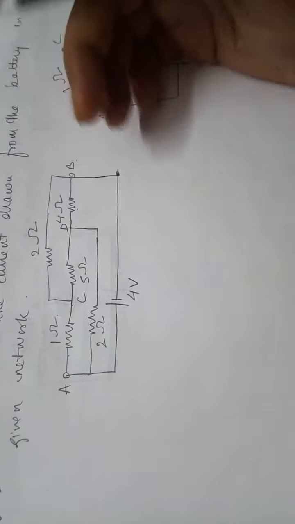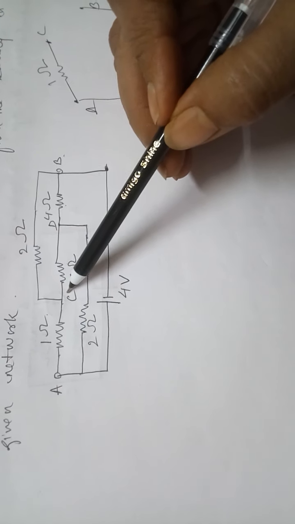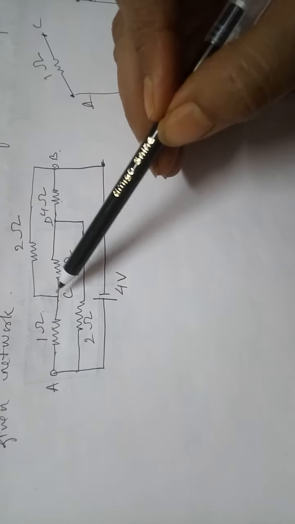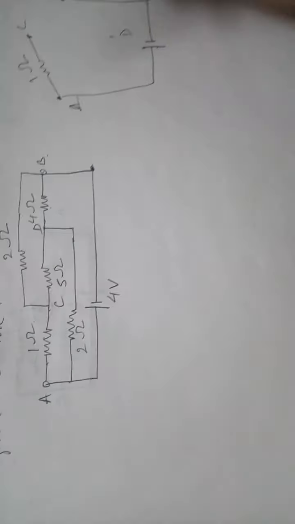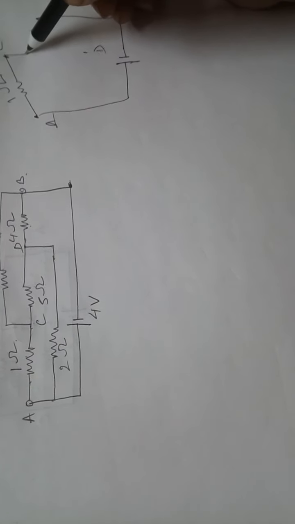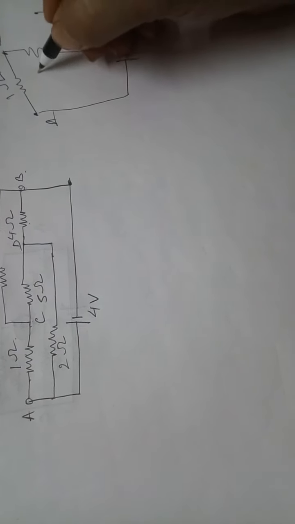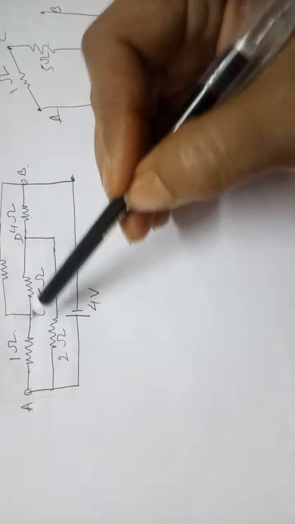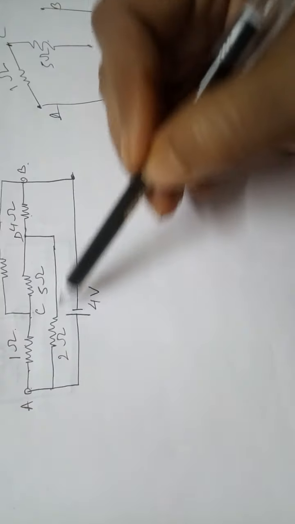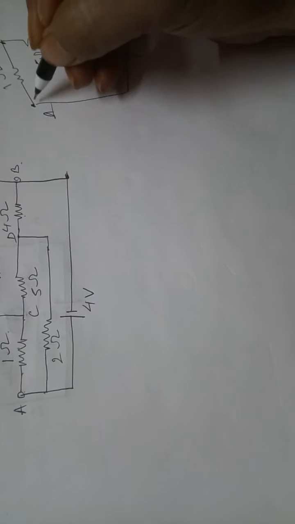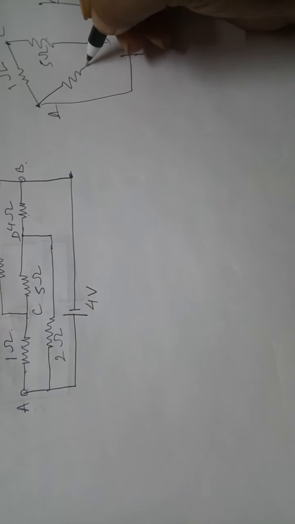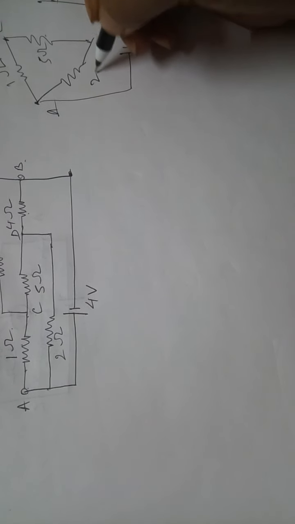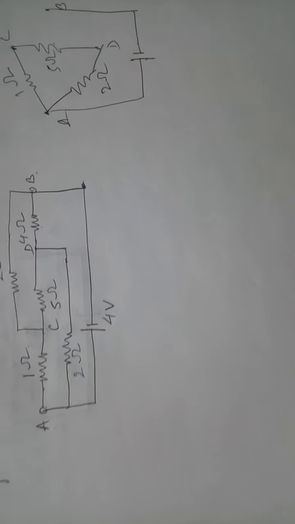Now let us see the circuit. Between C and D we have got 5 ohms. So where is C and D? C and D we have got 5 ohms, so we'll write here 5 ohms. Okay, now between A and D, look at this. This is A and this, we have got 2 ohms. So between A and D we have 2 ohms. Okay, now what are the left out?